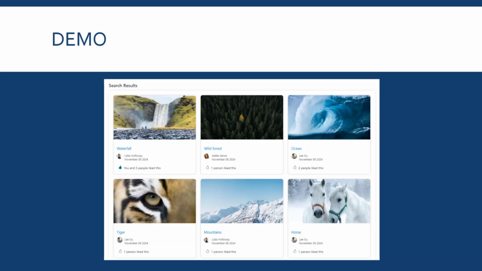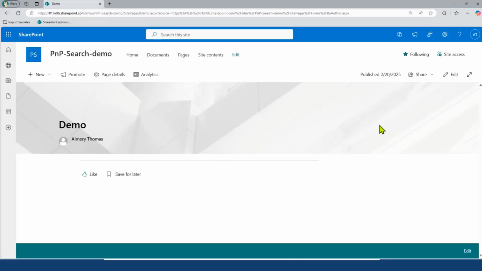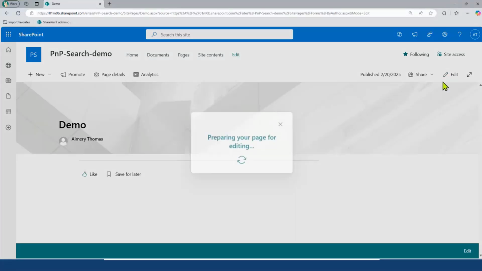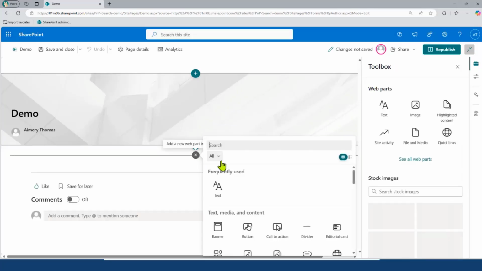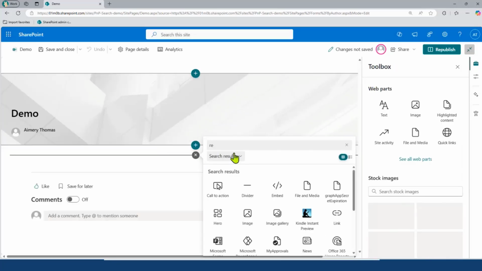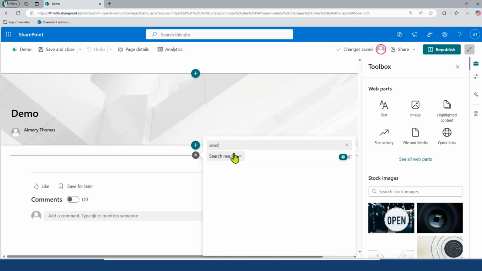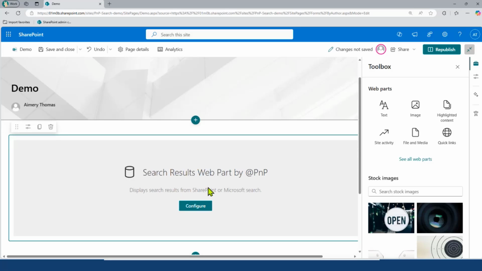So first, let's start with a demo. I'm going to share an empty SharePoint page, on which I will start by adding the search results web part. As you can see, I have many web parts from the PnP Modern Search solution, but I want to select the search results web part.